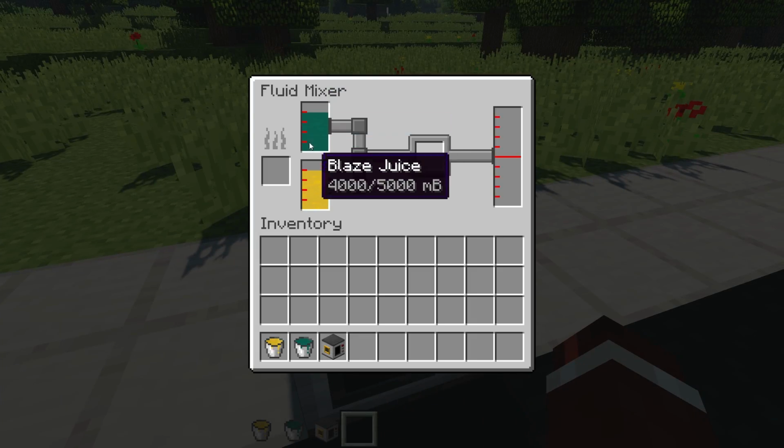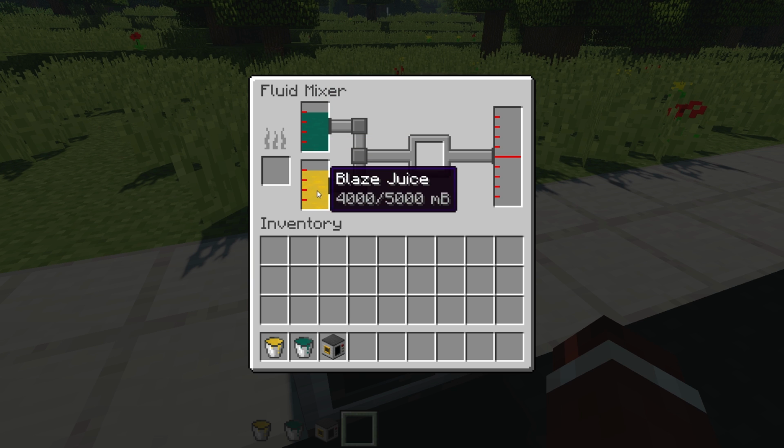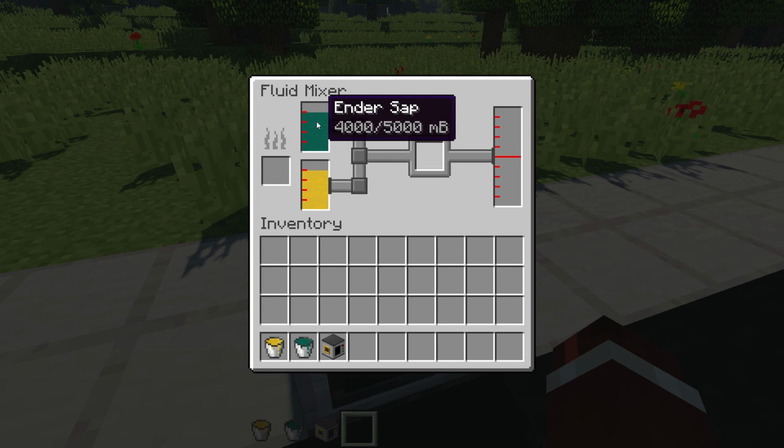Basically, these wouldn't render correctly. So this here, even though it was green, it was blaze juice, and then down below, even though it was ender sap, it was rendering kind of the blaze juice texture. So these weren't rendering correctly. I've also made it so the indicator there, where it says we've got 4,000 out of 5,000 millibuckets,